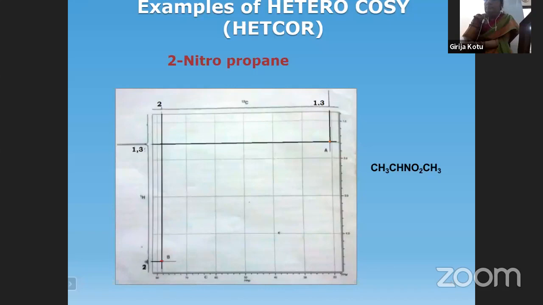So only for those which are coupled we are going to find the connectivity, not for those which are not coupled. So you're not finding any connectivity between 1, 3 and 2. Are you finding any connectivity between 1, 3 and 2, or 2 and 1 and 3? No. You're finding a connectivity between 1, 3 carbons to 1, 3 protons, and 2 carbon to the second proton. That's it. Because in the C13 NMR the coupling is between carbon and proton. Which proton? The attached proton. So this is what is the HETCOR spectrum, heteroCOSY.